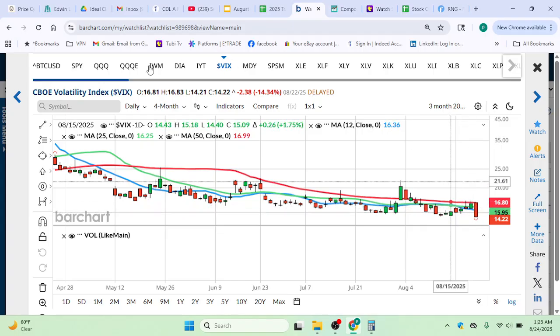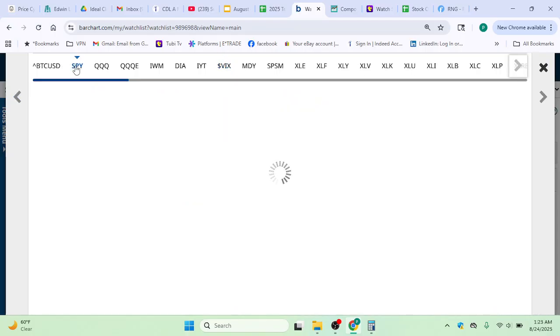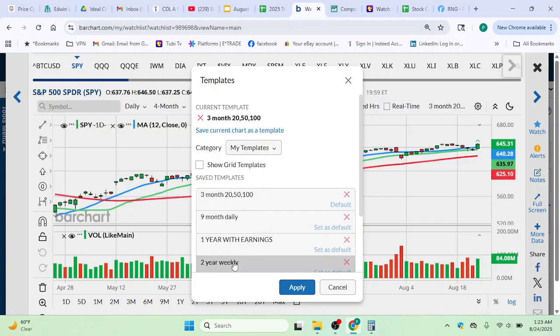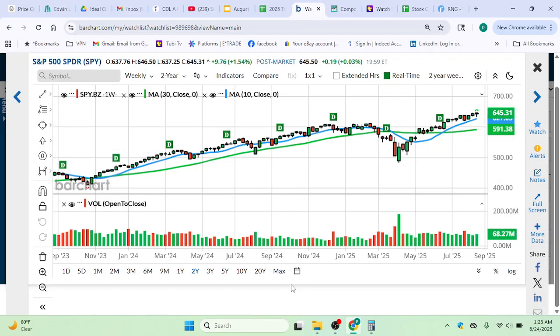So this is an environment right now that we're in that is actually fairly bullish. And how do I know that? I know that because if we look at a weekly chart of these major indexes like the S&P 500, we just made a new high this week. Indexes don't move like individual stocks, but it's an average of the group of stocks. So, a busy day or a busy week, you may get a 1% move in a day would be a significant move up or down. And you can see on this chart,